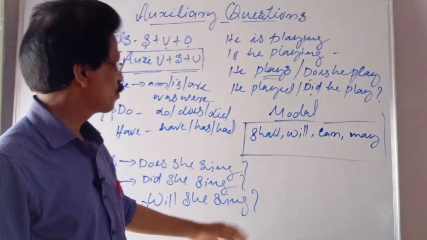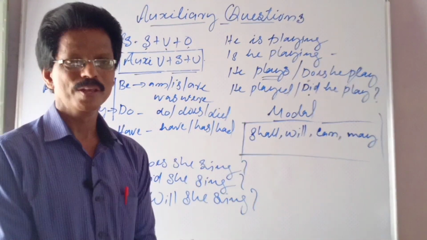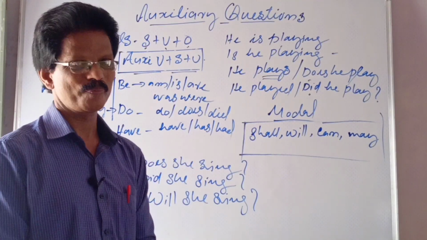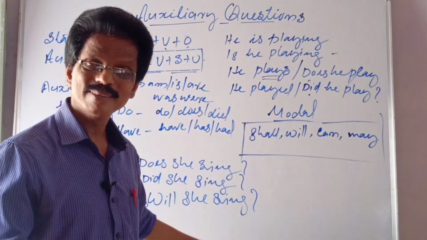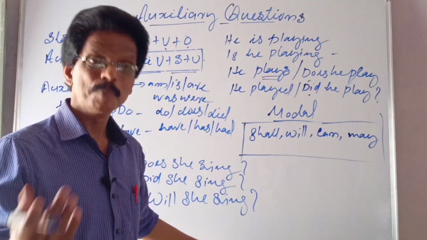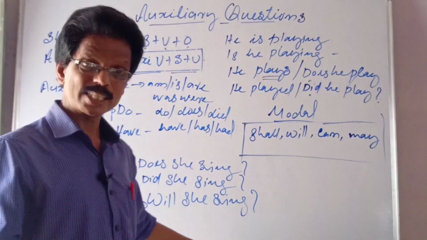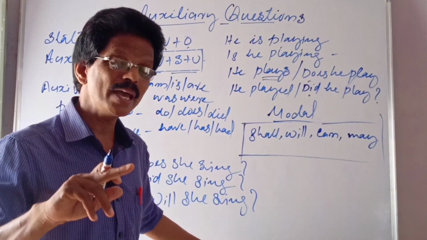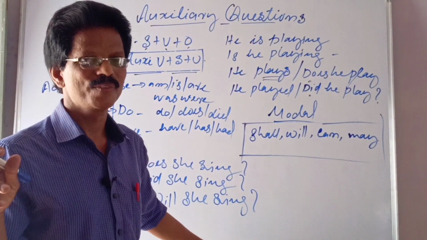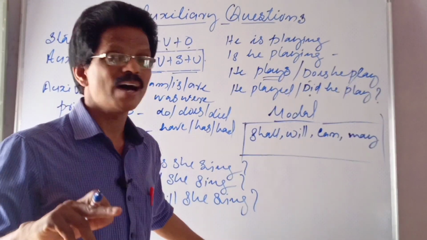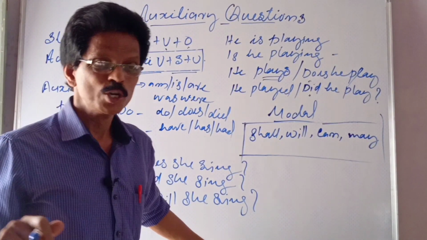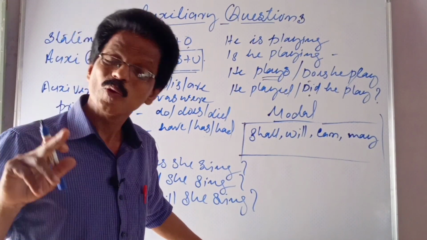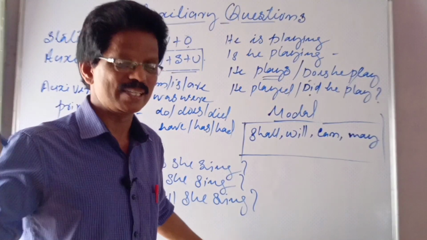So, if you go to an office, is it not so? You have to ask something polite. So, use the word please also. Shall I come in please? Or please shall I come in? The answer will be yes you can or no you cannot. For auxiliary questions, the answer will be either yes or no. So, they are also called yes or no questions.